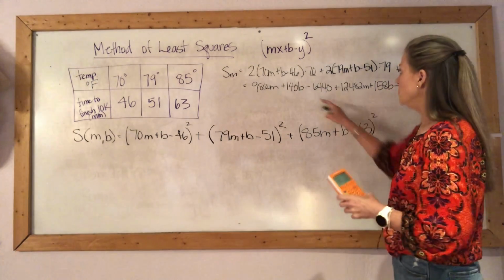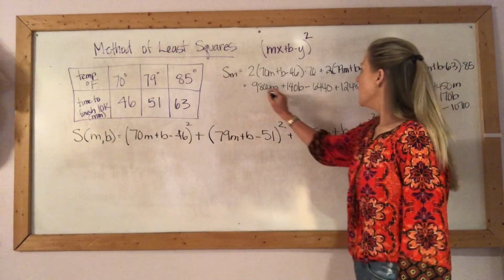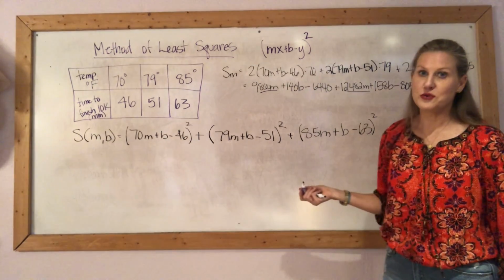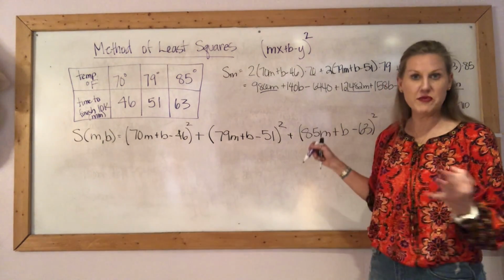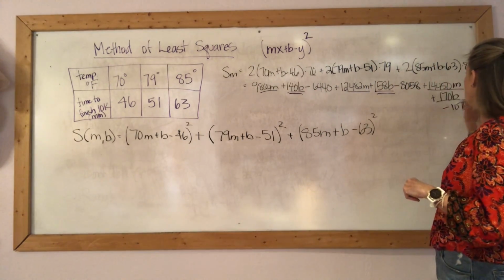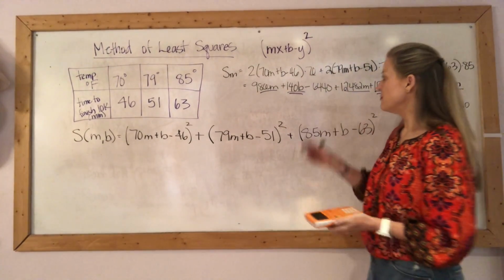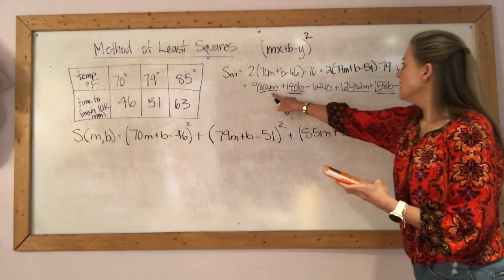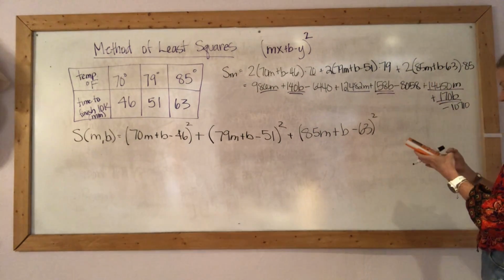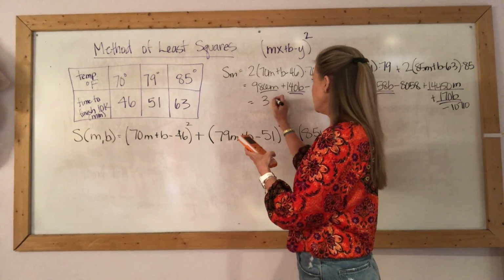And now what I'll do is I'm going to come back in true 8th grade Algebra 1 fashion and combine my like terms. And I will come through and underline them just so I keep things straight. So all of my M's I underline once, all of my B's I underline twice, and then my coefficients just kind of sit there. So my S sub M is going to be 9800 plus 12482 plus 14450 is